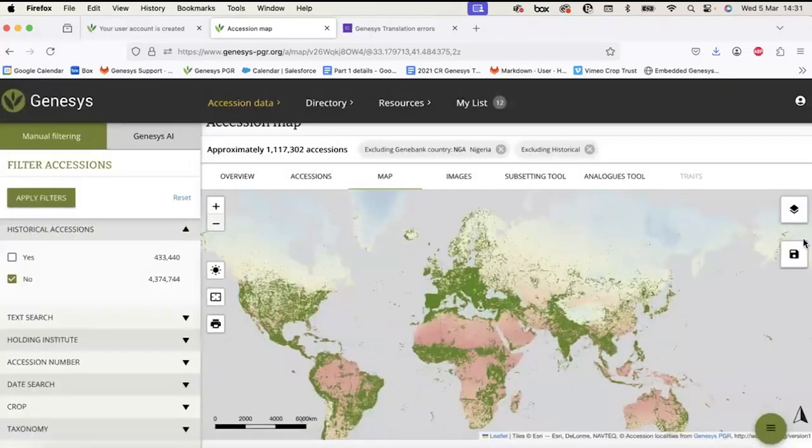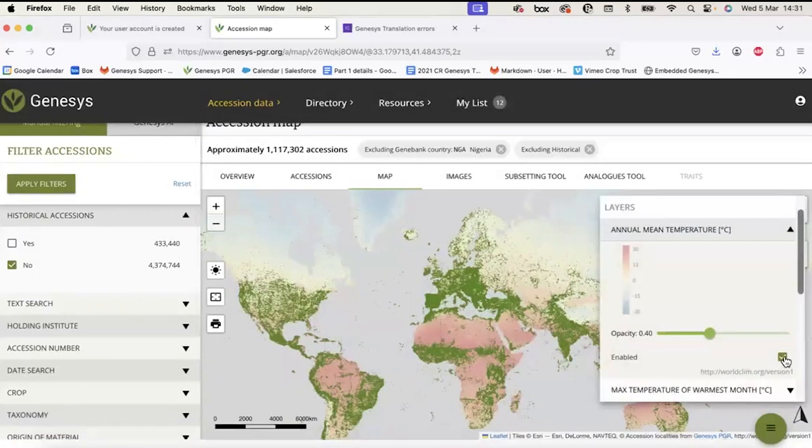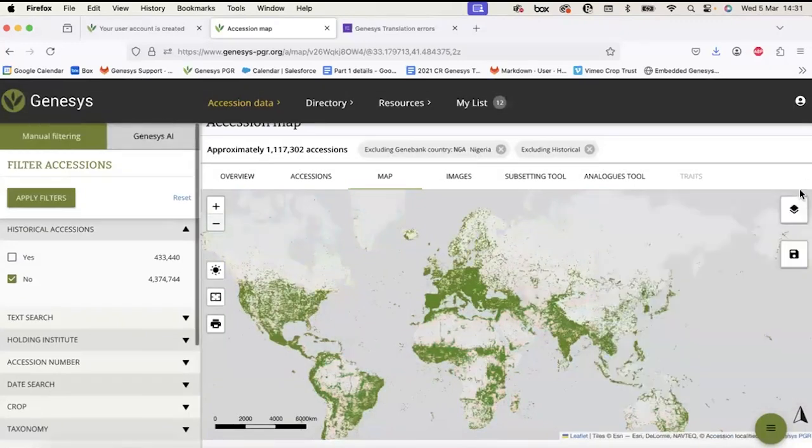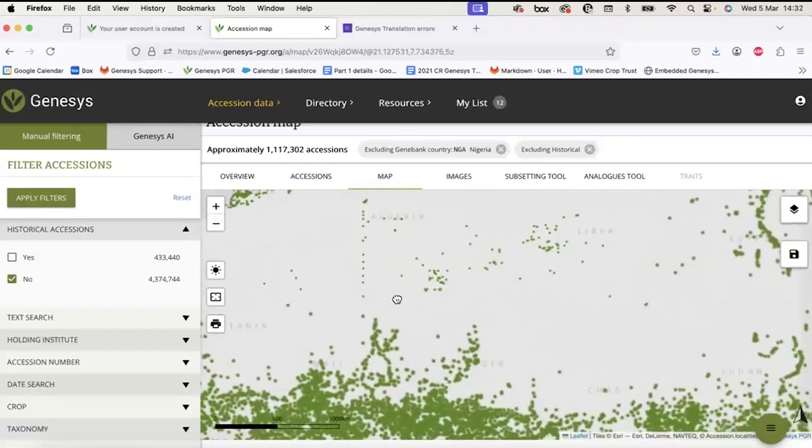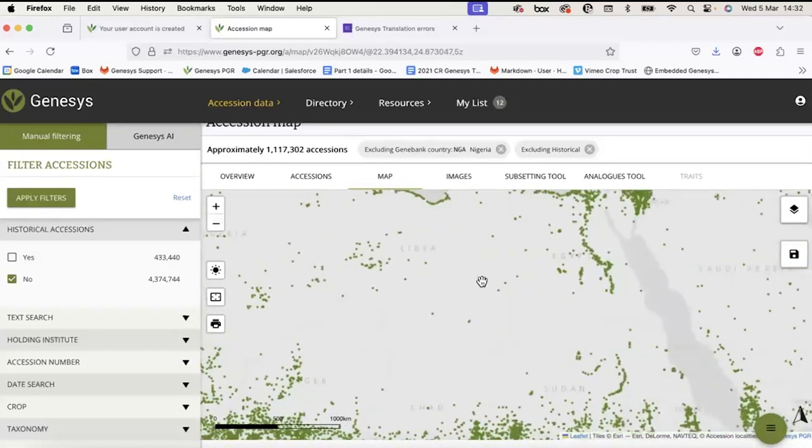I will delete now this layer and disable the temperature, the annual mean temperature layer, and revert back to my original map. And I want to show you another thing you can do in this view, which is basically click on any one